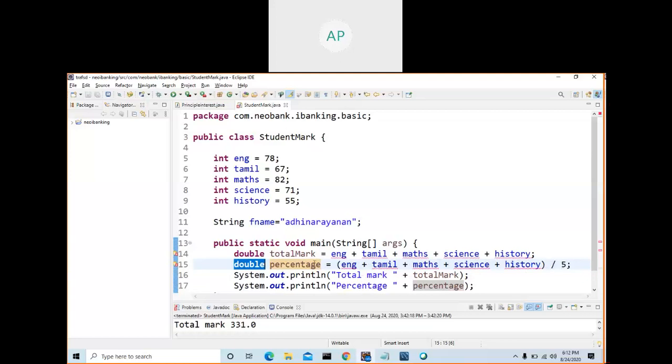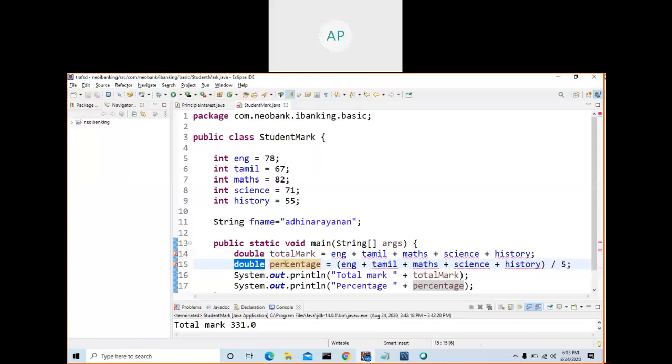The percentage will always not be a whole number. It can be 77.523. There will always be a decimal number; it's not going to be a whole number like 27, 68, 69. It will always contain something like 0.2345. In that scenario, you make your variable a double.